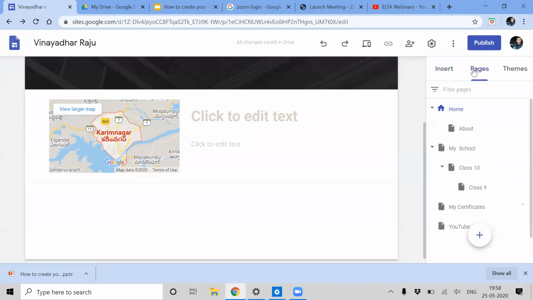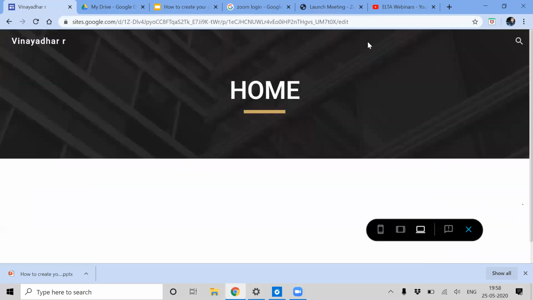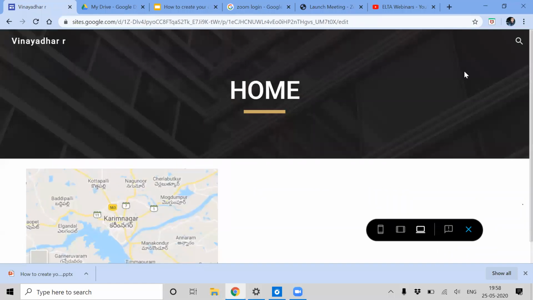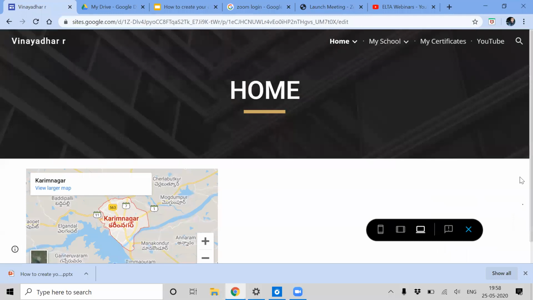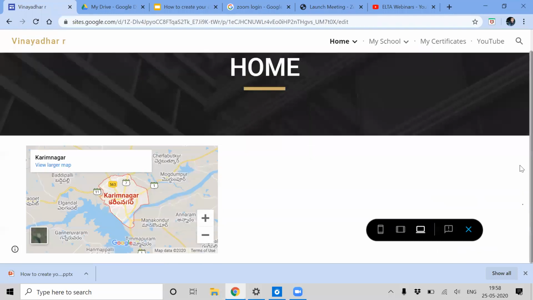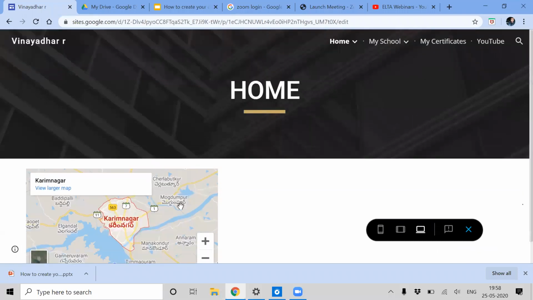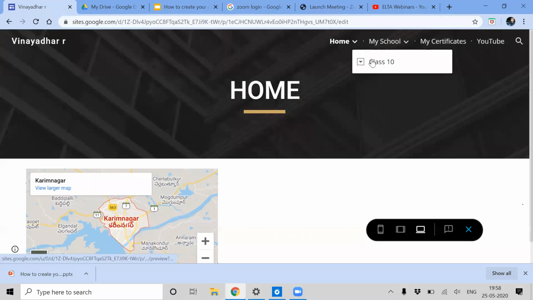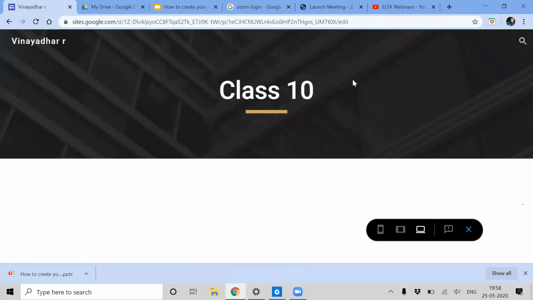You can create as many pages as you want. You can check also how your website looks. If you click on this, it will be like this. Your home page is with your place, Karimnagar. If you go to your school, this is your class 10 page.